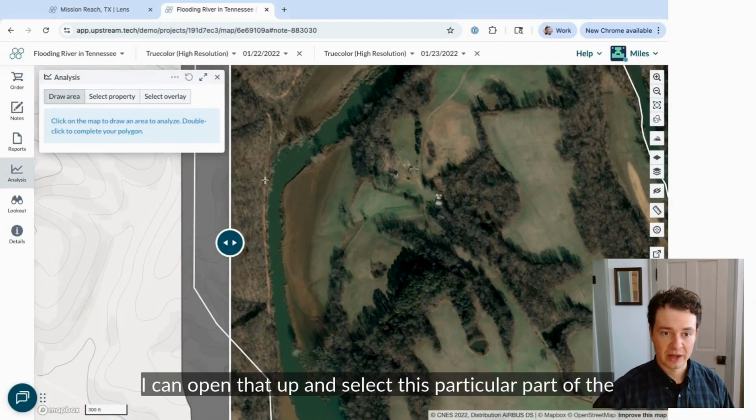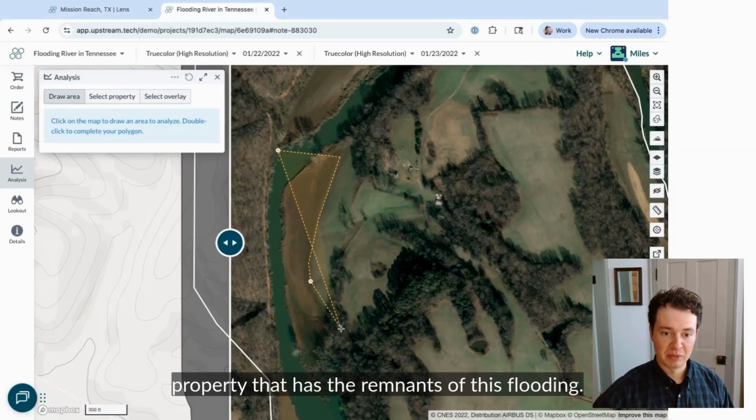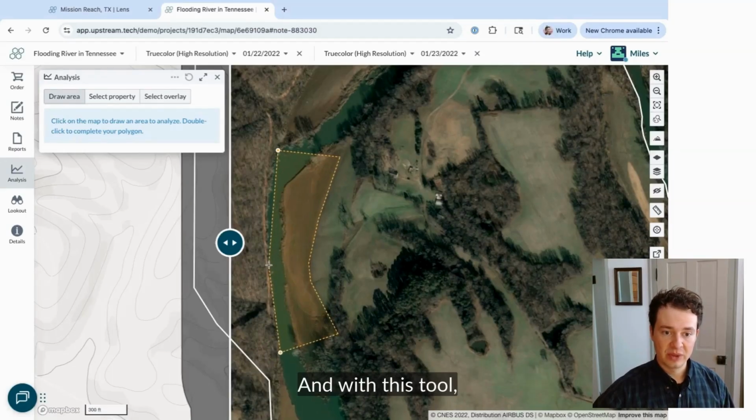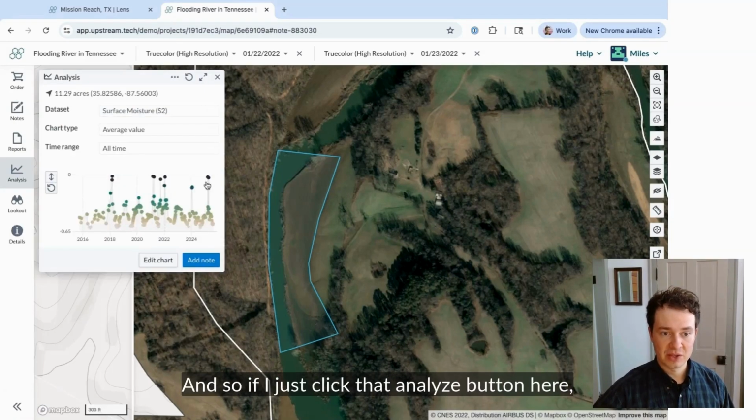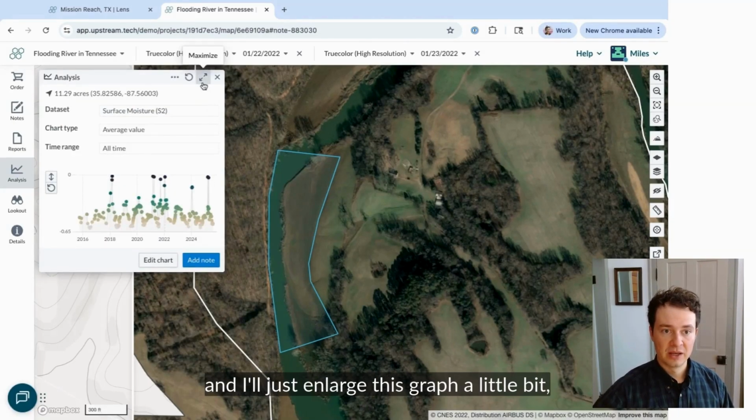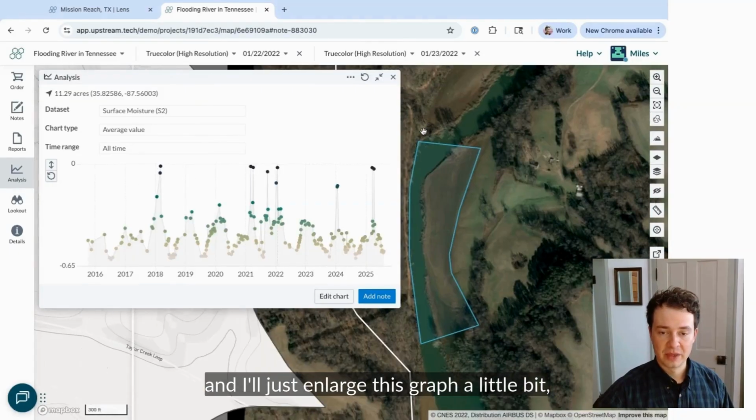And so with our analysis tool, I can open that up and select this particular part of the property that has the remnants of this flooding. And with this tool, I can understand how often this area is saturated like it was during that flood event. And so if I just click that Analyze button here, and I'll just enlarge this graph a little bit,